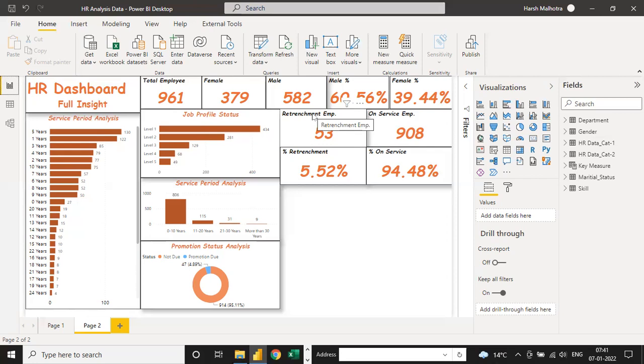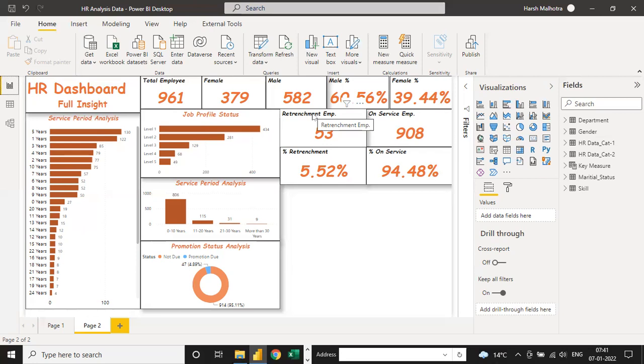If you use the relationship method, it will be more successful for you, because a lot of people do not have knowledge about relationships, or a lot of people do not have knowledge of merge query. So if anyone has relationship knowledge, they can use relationship. If anyone has merge query knowledge, they can use merge query. That's a simple thing.